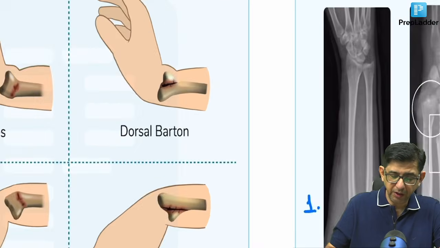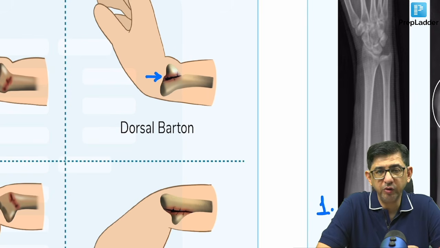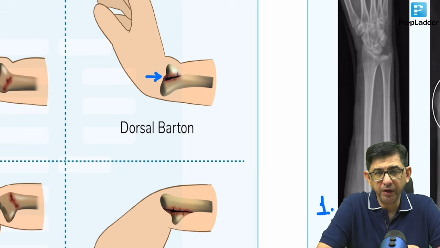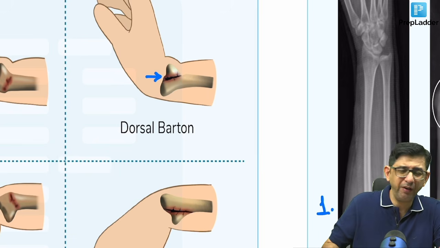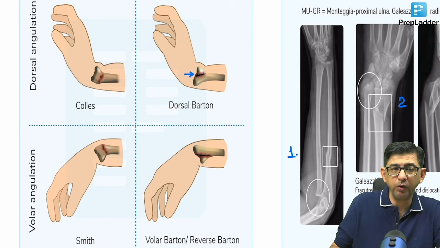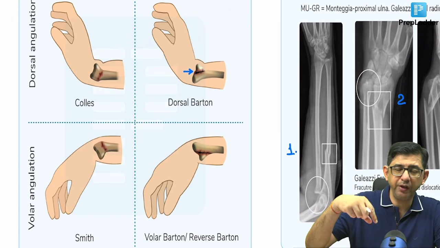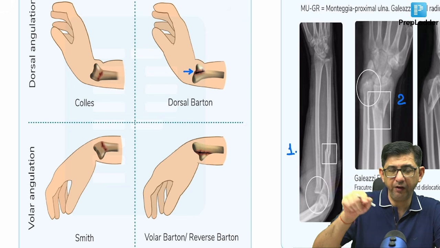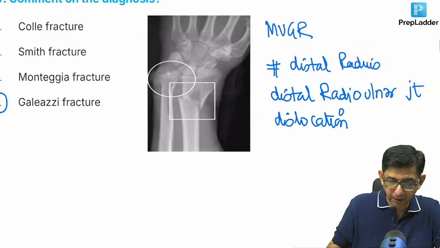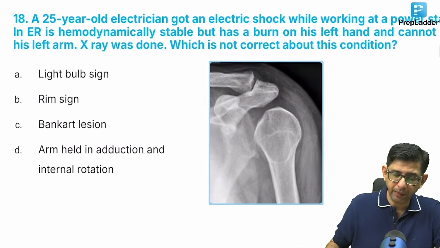Okay, as I was saying, the injury in Barton's will be intra-articular. It is not like with respect to the distal part of the radius, that's okay, but then it's an intra-articular fracture. It can be ventral or dorsal, that's a separate issue. But then Colles fracture, Smith's fracture are totally different aspects where the whole part of the bone breaks and goes dorsally and ventrally, whereas it is an intra-articular fracture with respect to Barton's fracture. 17th is D. Let's move to the 18th one.